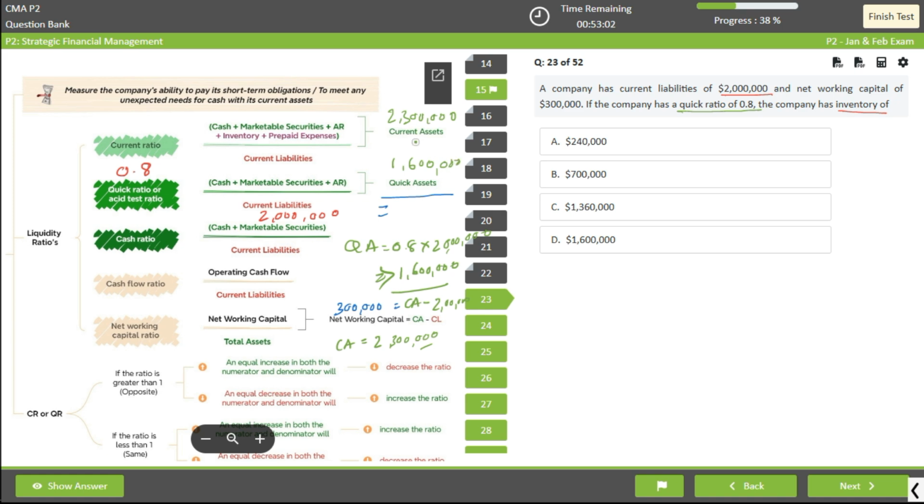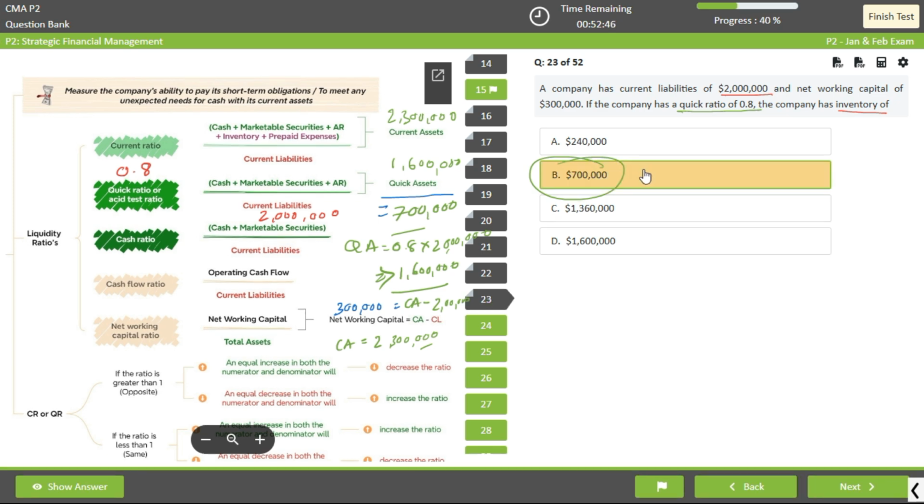Now the difference between the current assets and quick assets is what we call your inventory, and that comes to 700,000, which is option B, 700,000. Next,